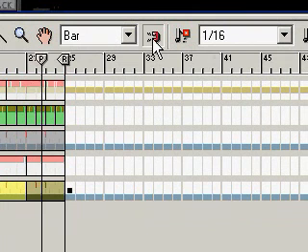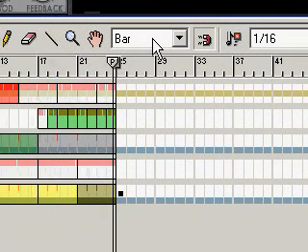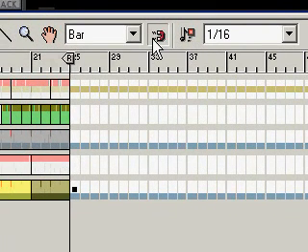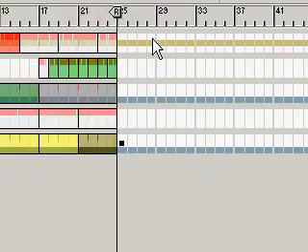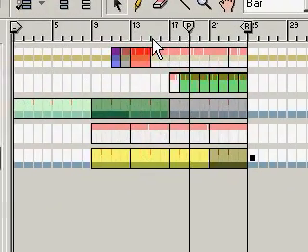You notice also in the arrange window, in the arrange mode, you can do that as well, and by default it's snap to bar. So sometimes I find I'm messing around and I hear like half a bar or something